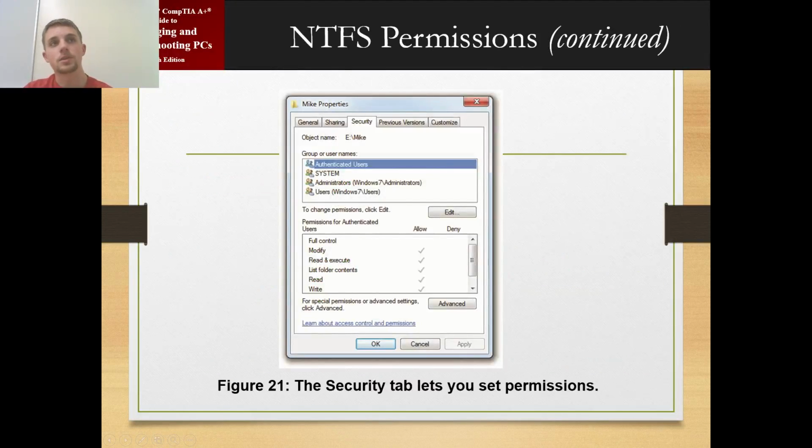And this is just what it looks like. If you click here, you get simple basic permissions. If you go down to advanced down here, you see much more thorough permissions. It lets you do a lot more in-depth